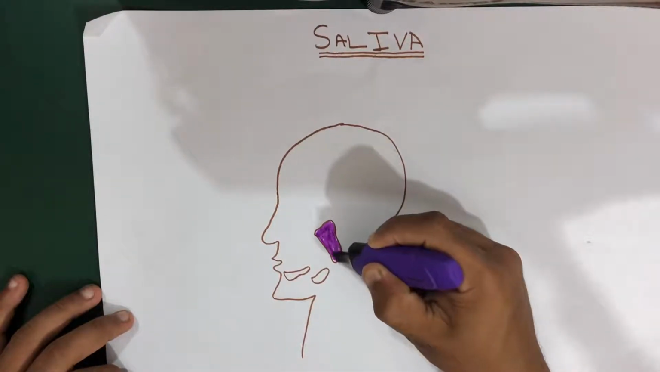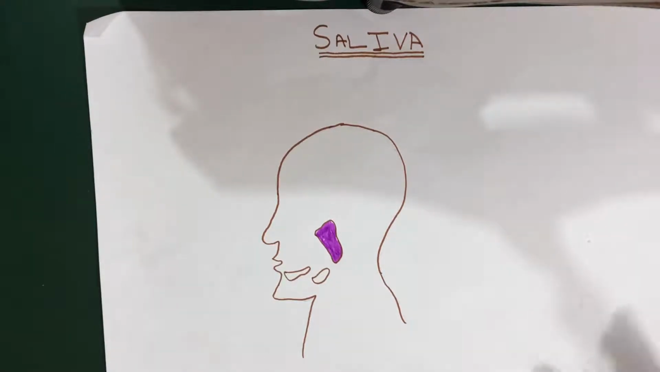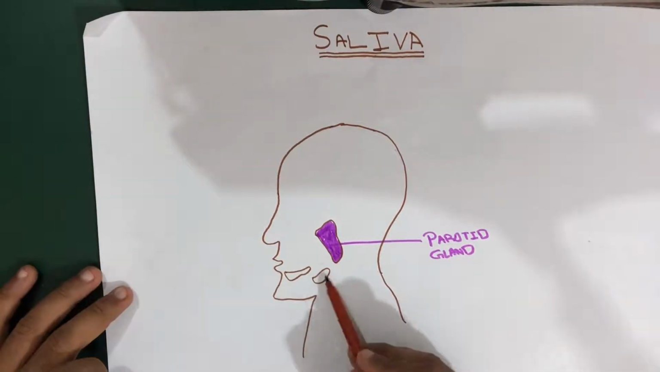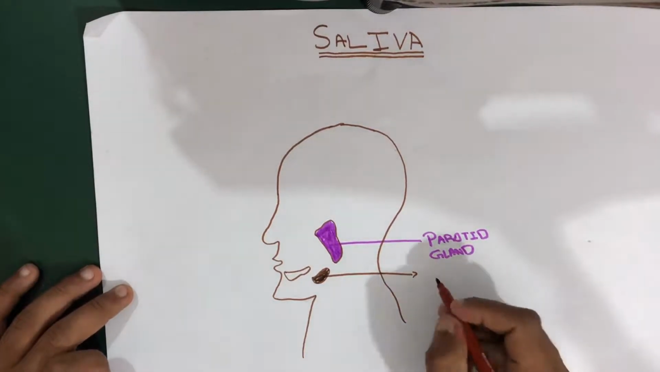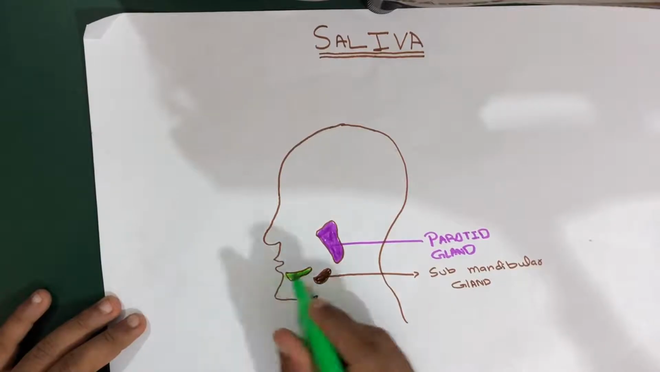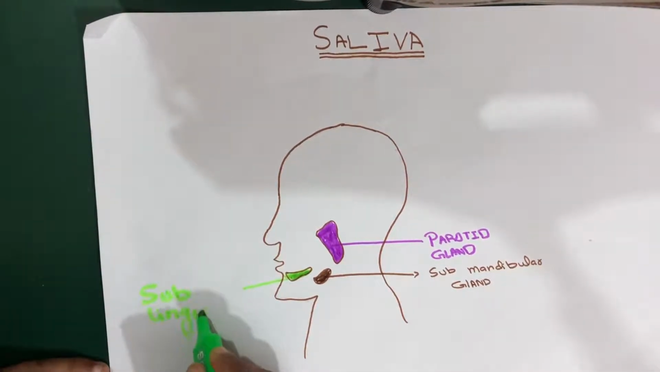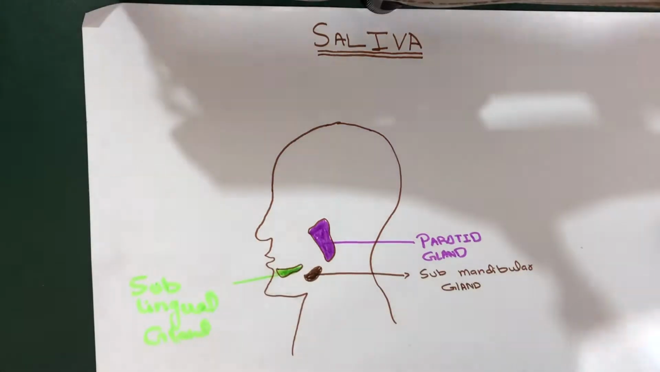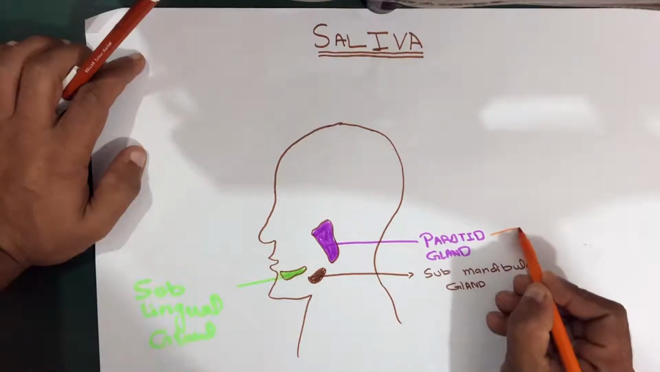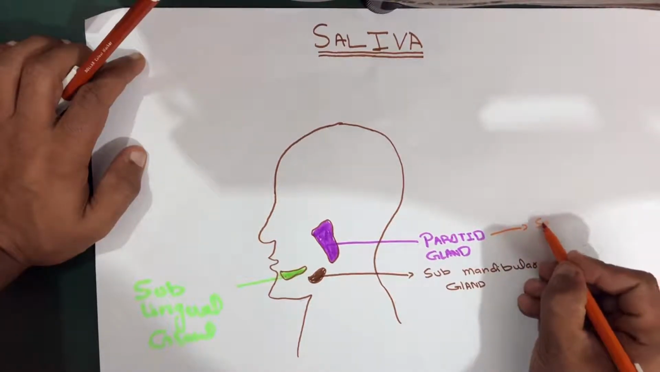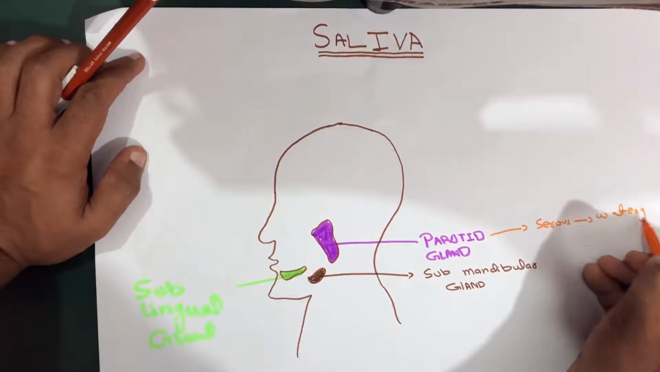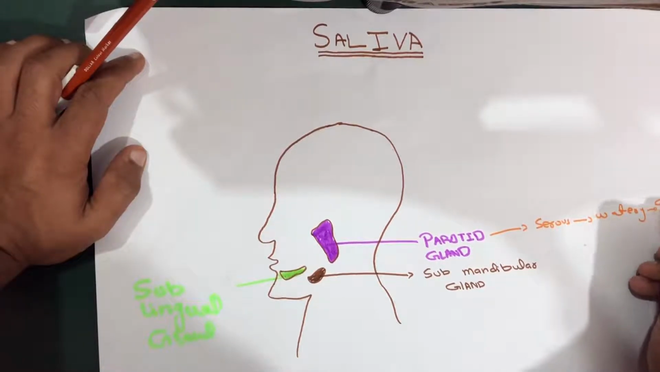So remember, the saliva is a mixture of secretions of three types of salivary glands. The first is the parotid gland, and the second is the submandibular gland. The third one is the sublingual gland. The parotid gland actually is a serous type, and its secretion is watery, and it constitutes about 20% of the saliva,